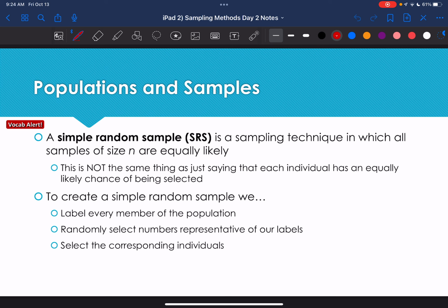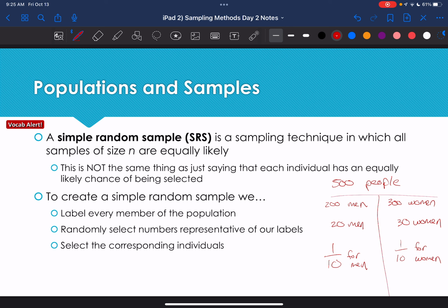But say I have 500 people. 200 of them are men and 300 of them are women. Now, if I promise to sample 20 men and 30 women, right? Like I'm separating them out. Now, the first man, doesn't he have a 1 in 10 chance? And for the women, don't they have a 1 in 10 chance? So by doing this separation, the way I sampled it, everyone still has an equal chance of being